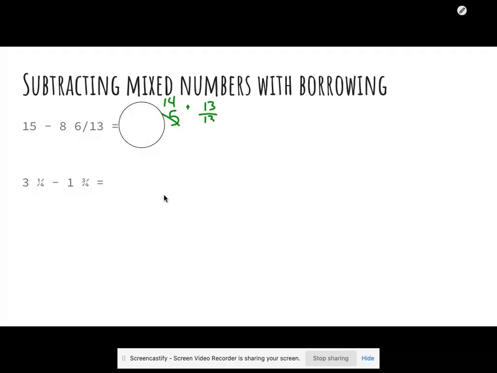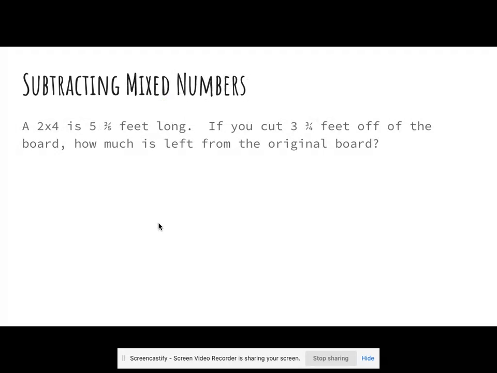Taking a look at a story problem, a 2x4, which is a board, is 5 2/5 feet long. If you cut 3 3/4 feet off of the board, how much is left from the original board? Well, 5 2/5 subtract 3 3/4,